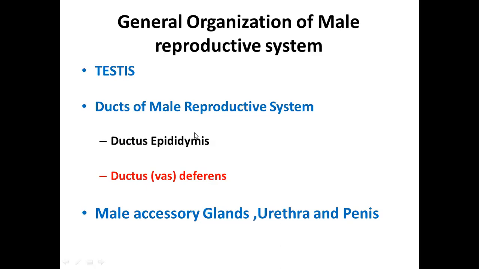And the last topic, we are going to skip the histological features of male accessory sex glands. We will only discuss these features of urethra and penis. The accessory sex glands will be discussed with you in the theory class.